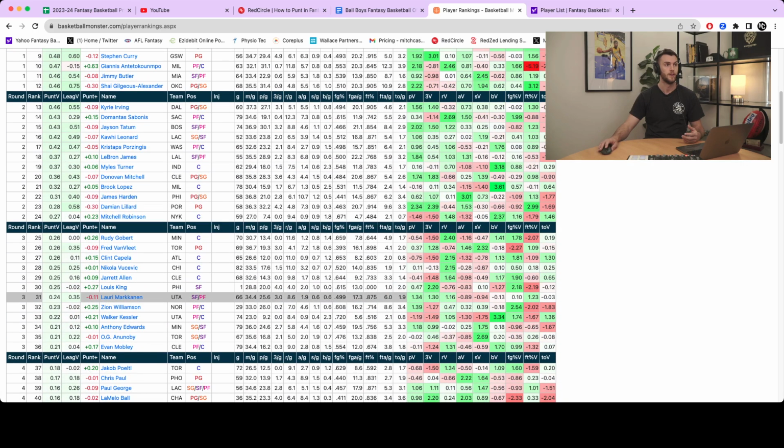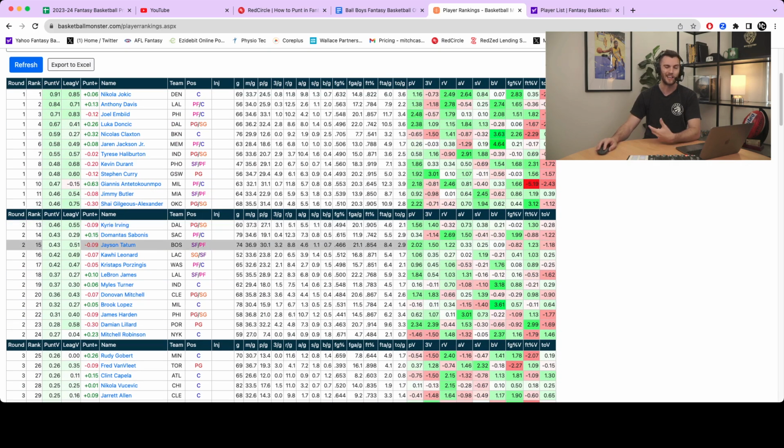I can grab him. Maybe I can get him and a Rudy Gobert in back-to-back rounds, boosting that block number up. And of course, I don't really care about their free throw percentage. I can target someone like a Mitchell Robinson or a Mark Williams later in the draft. They can get those single categories and change them quite dramatically. They can be found later in the draft, but in this way, I couldn't have found the points or assists that Sabonis and Kawhi and Luka provided me earlier in the draft. So those are certain things that you can have a look at when drafting in this build.